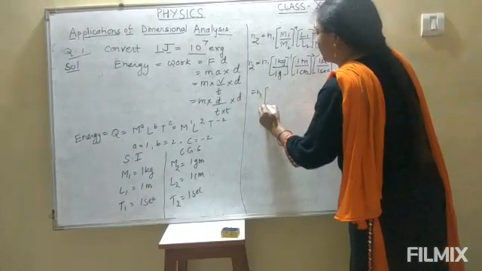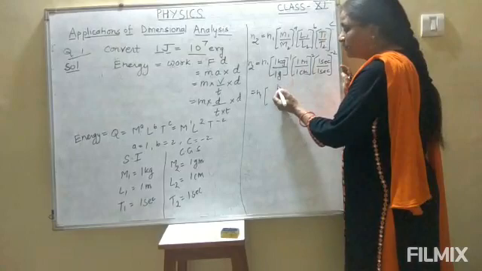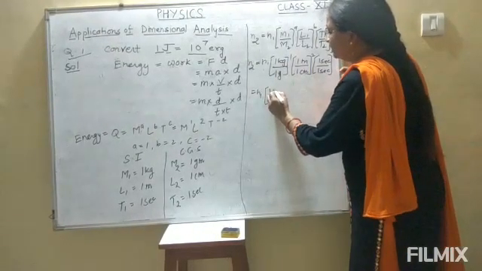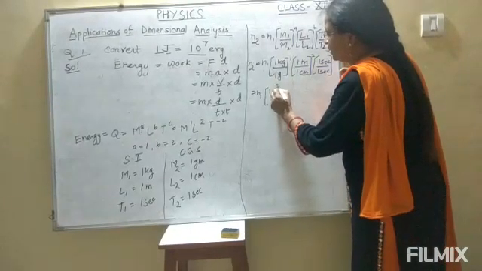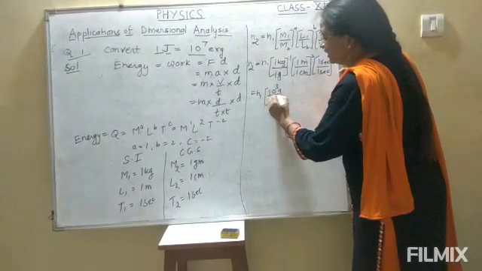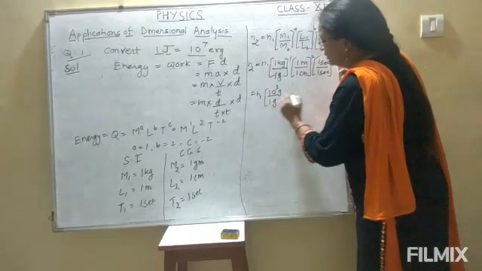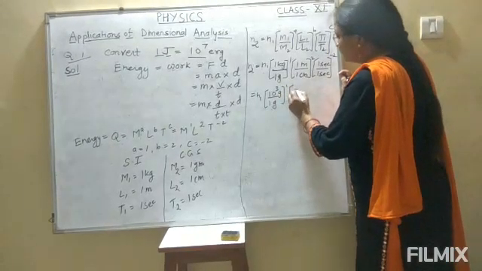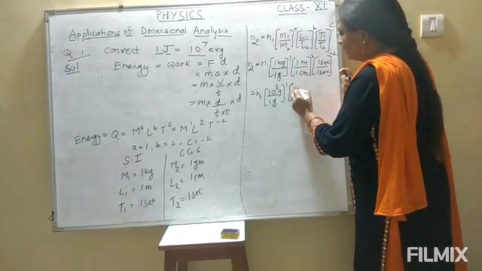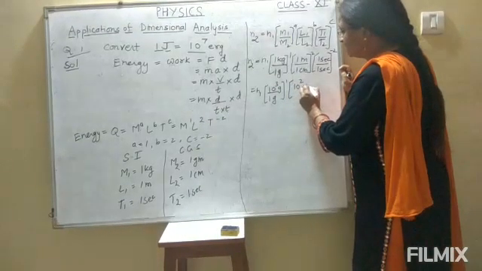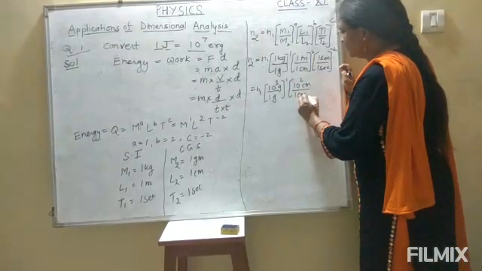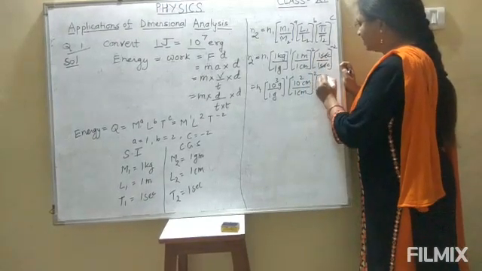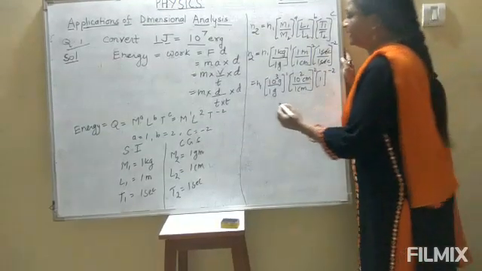Now we will solve the equation. So N2 is equal to N1, 1 kilogram upon gram. What we have to do is convert kilogram into gram. So 1 kilogram is equal to 10 raised to power 3 gram, or we can write 1000 gram upon 1 gram raised to power 1, into 1 meter, that is equal to 100 centimeter, that is 10 raised to power 2 centimeter upon 1 centimeter raised to power 2, and 1 second and 1 second will be cancelled. So we can only write 1 raised to power minus 2.